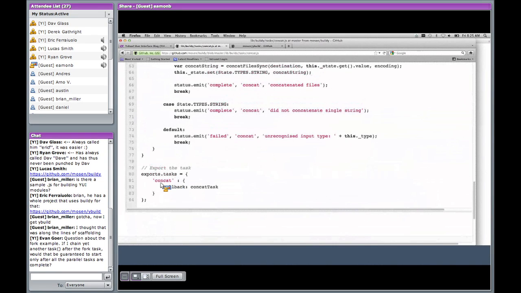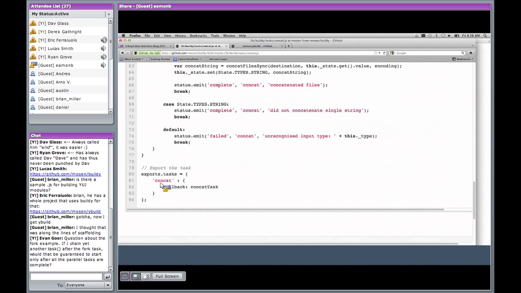The way they're made available is basically by exporting a property of the module with the name of the task, and then a callback option for what the callback will be to execute that task. So you can have one task file that's exporting multiple tasks if you want to, but I do like the idea of having individual tasks defined in files, but maybe it makes sense in some cases to have a family of tasks that work together.